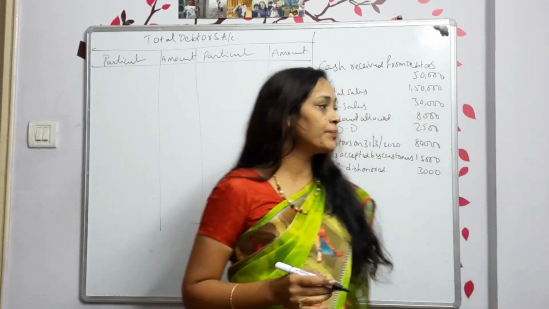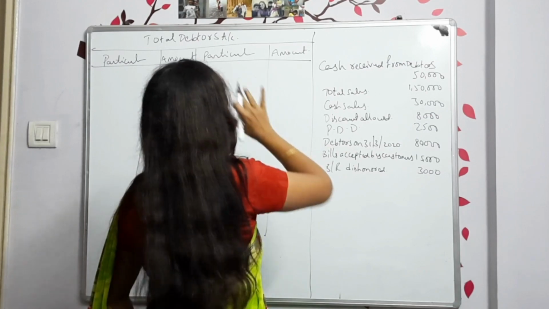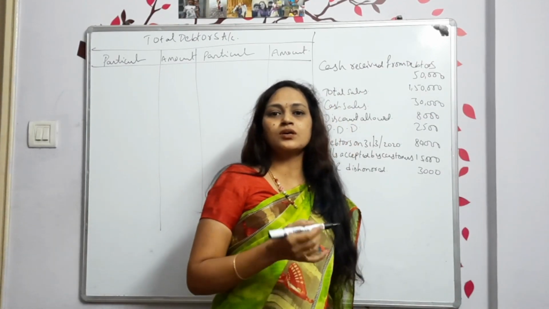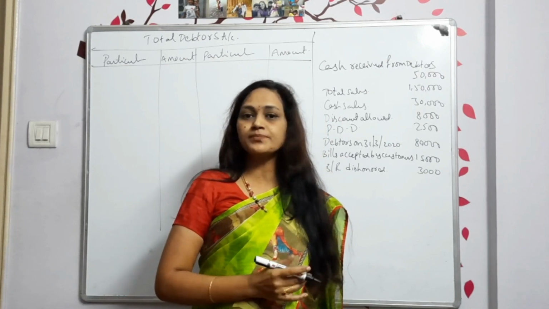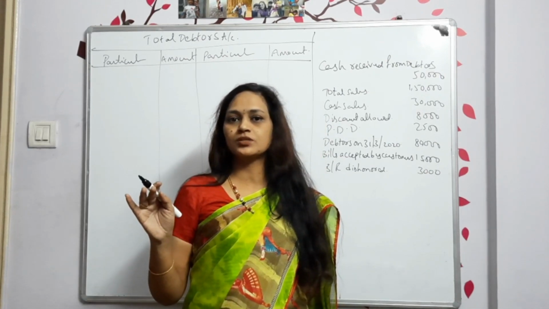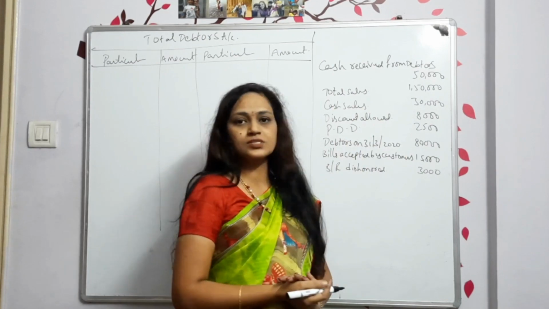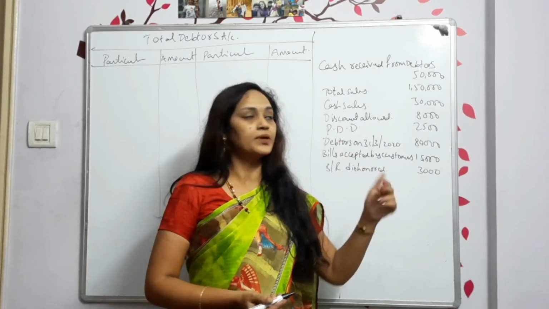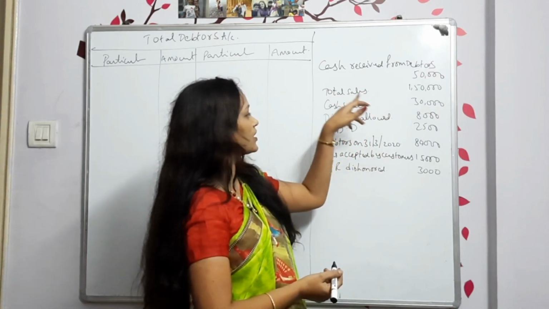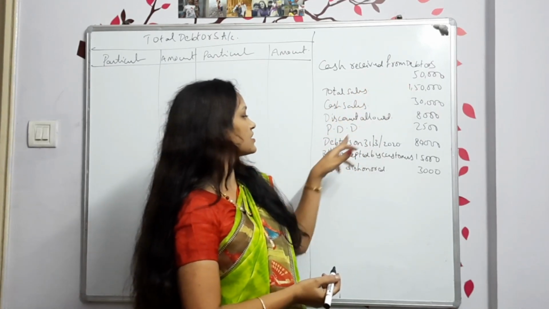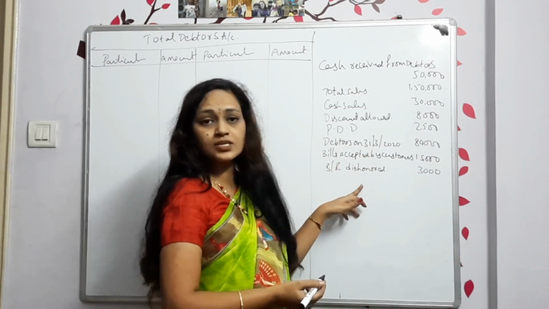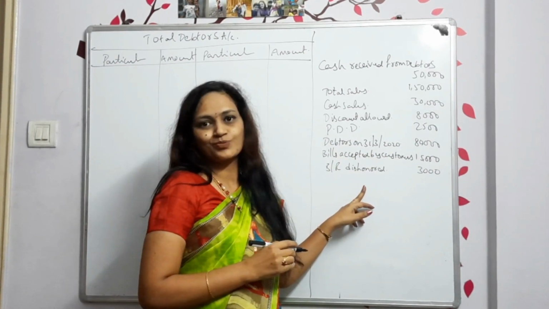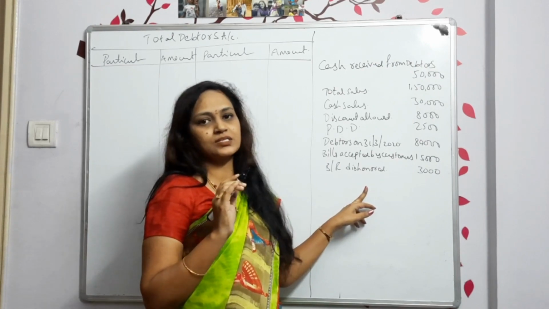Here I have given the information regarding the total debtors account. Sometimes they may mention to prepare the total debtors account and find out the missing value. Sometimes they may not give any such information, they may give you just data like this, so according to that data you have to decide what to prepare. Here everywhere it is mentioned about credit sales, debtors, etc. Debtors, everything is there. That means we are going to prepare the total debtors account.